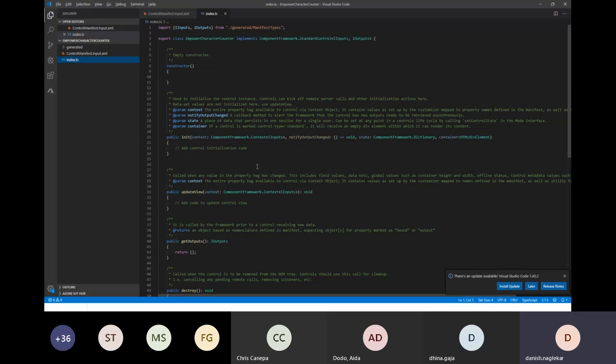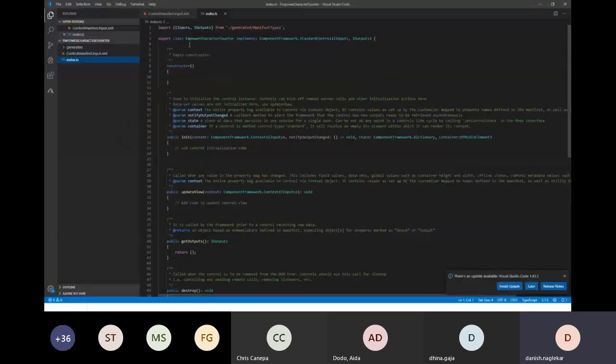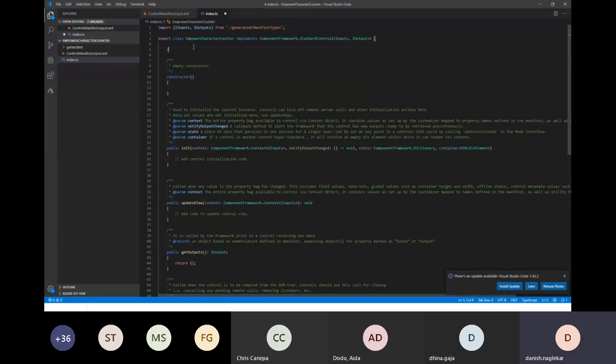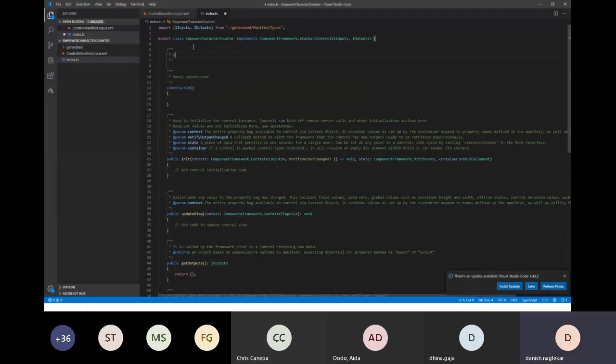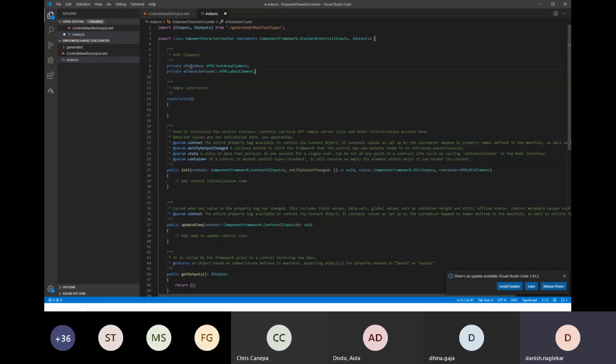So first thing that we would need, if you look at our control, is one text box and one label, right? So let's go and add one text box and one label. So HTML elements. And I'm just going to copy paste the code from my other window to save time. So here I have a text box which has a type HTML text area. And I have character count as another variable of type label element. Okay. So now once we have defined that,